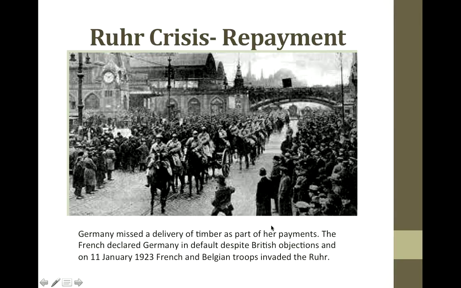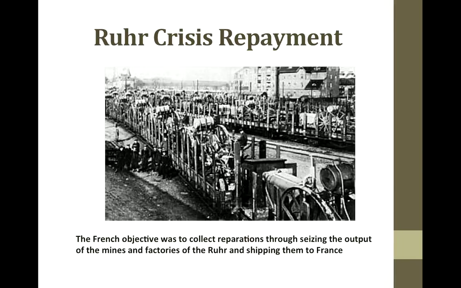All right. The French declared Germany in default, and despite objections from the British, on 11 January 1923, French and Belgian troops invaded a really coal-rich area of Germany known as the Ruhr. And of course, once again, the French objective was just to collect those reparation payments. They did this by seizing the output of the mines and factories of the Ruhr and then shipping those